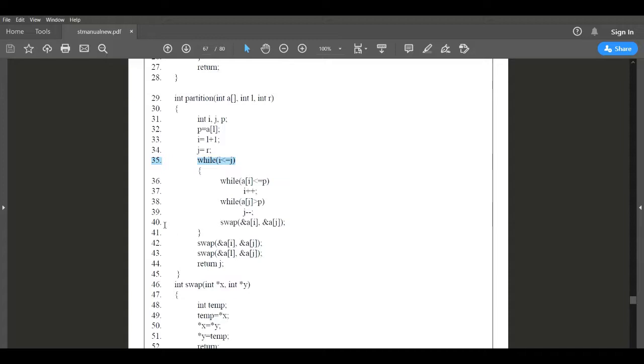Until this while loop condition is true, we need to execute this looping statement continuously, from node number 35 to node number 41. Once line 35 becomes false, then I need to go directly to line number 42. What is there in line number 42? Swapping function.